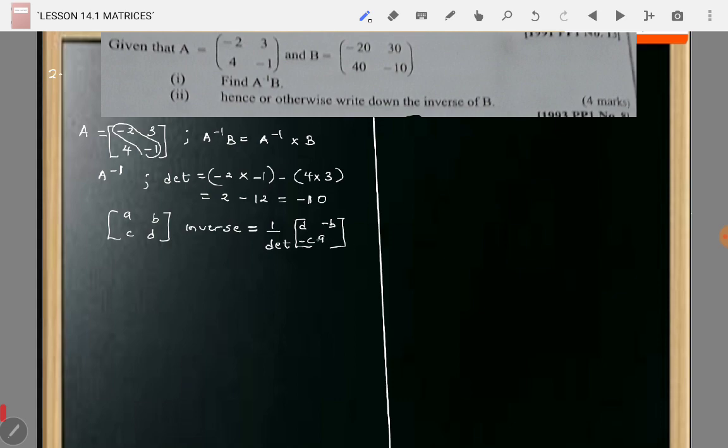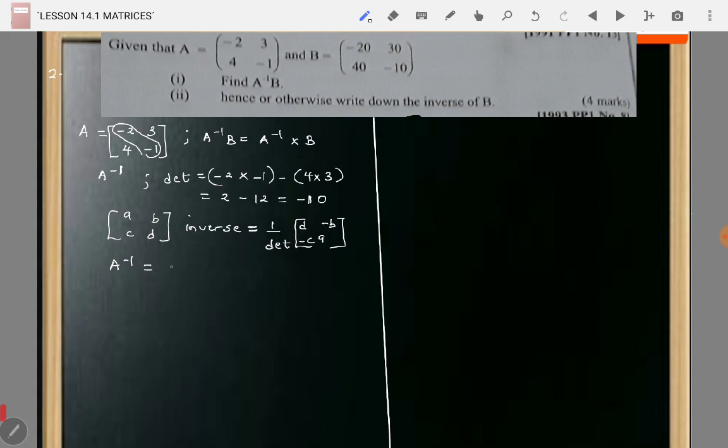Meaning for any matrix ABCD, the inverse is given by interchanging the values in the main diagonal and then changing the sign of the values in the other diagonal. This therefore means that for us to get A inverse